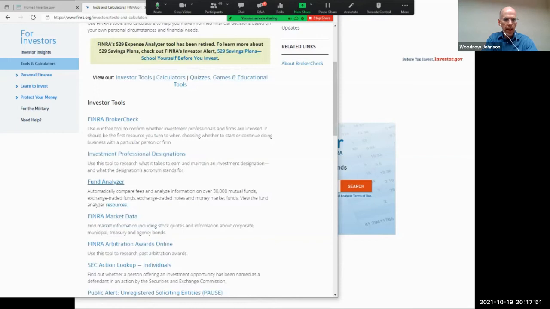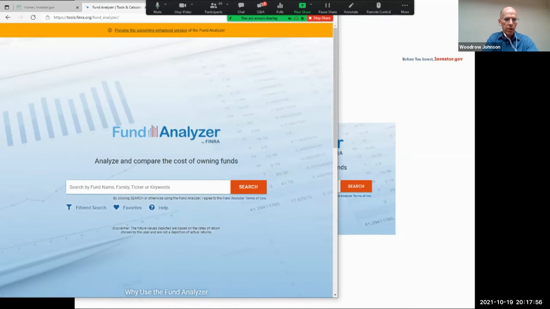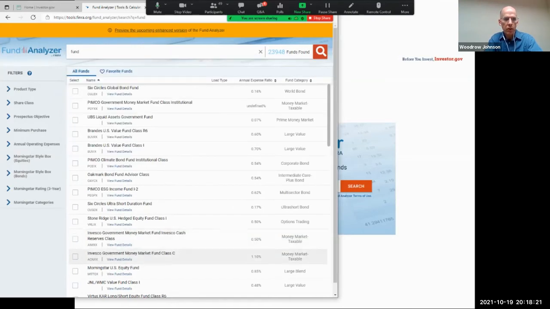This is the Fund Analyzer tool. You click on that. Here you can type in your favorite fund. And my favorite fund, I can't tell you because I don't give advice. If I give you a name of a fund, you may think this is a good fund or a bad fund. I can't do that. So if I were simply to type in the word fund, I will pick, I have no idea, this is my first time ever doing this. What fund pops up first? I'll pick that fund, click Fund Details,